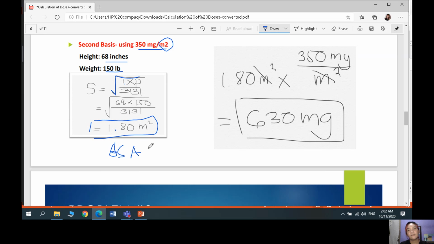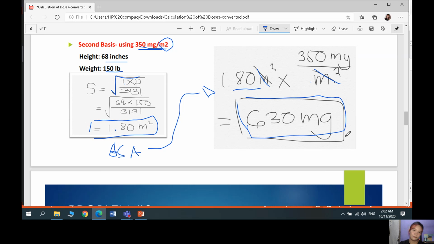Okay, so then we are going to multiply it over the dose. Here, the dose, which is the 350 mg per meter squared. So 1.80 meters squared times 350 mg over meter squared. And then we're going to cancel out meter squared. So multiply 1.80 times 350 is equal to